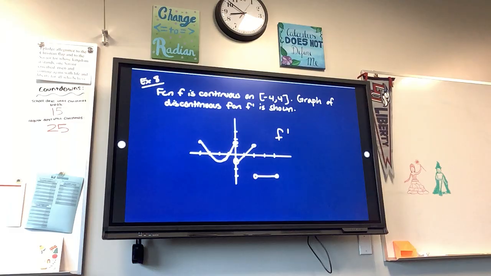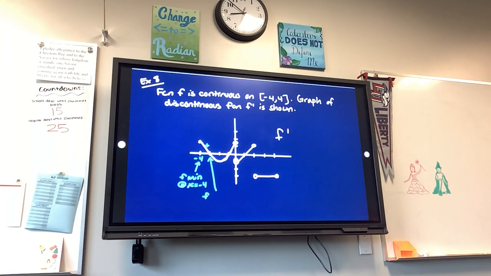Let's start marking it up, so not just talk it out. F min at x equals -4, and that's because f prime is positive right after it. Then we're going to have